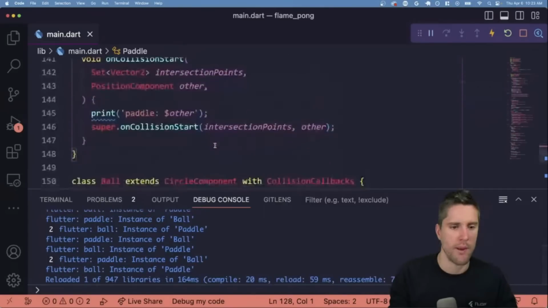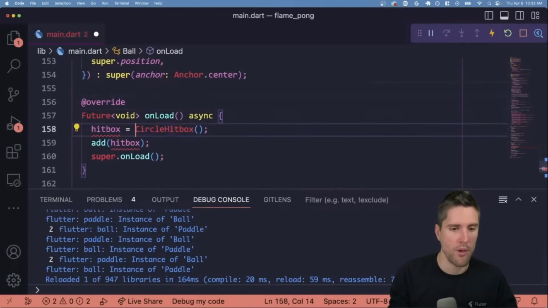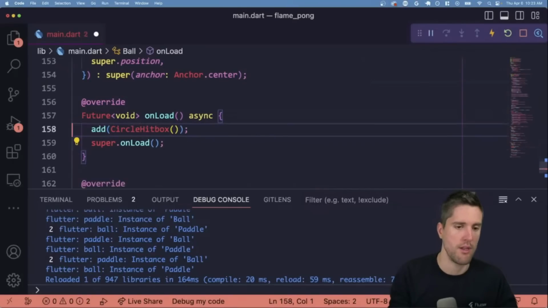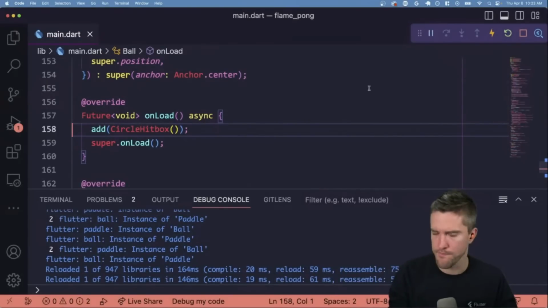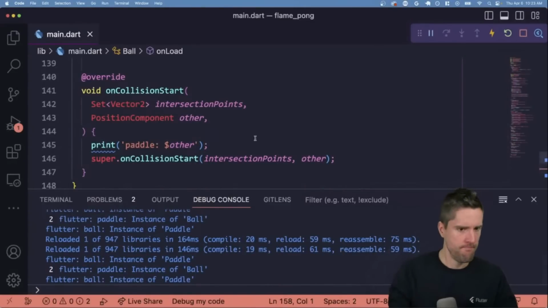So we're going to add a rectangle hitbox. And then down in the ball class, I'm going to get rid of you. And I'm going to simply add a circle hitbox. Wonderful. Okay. Now, in the collision,